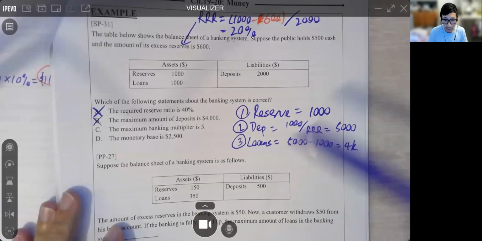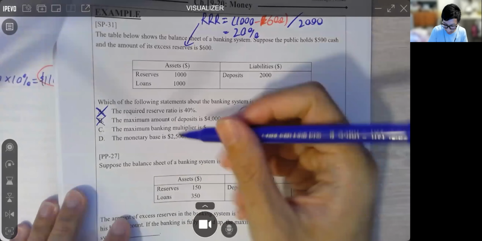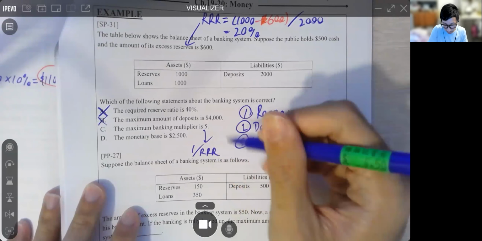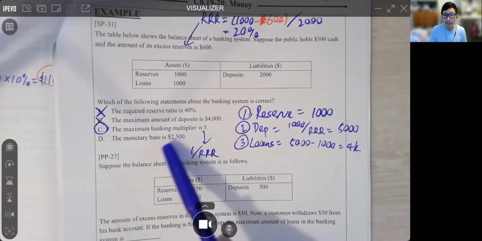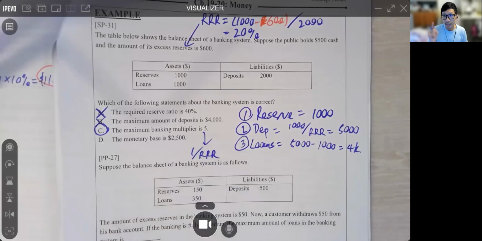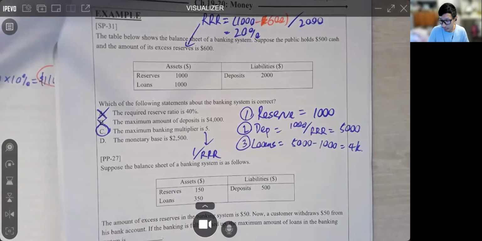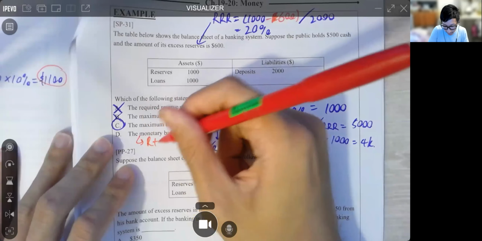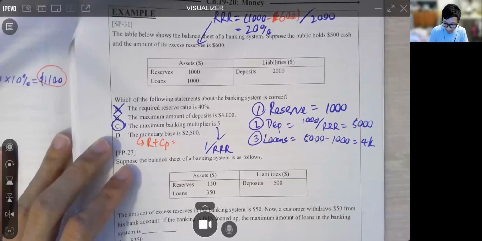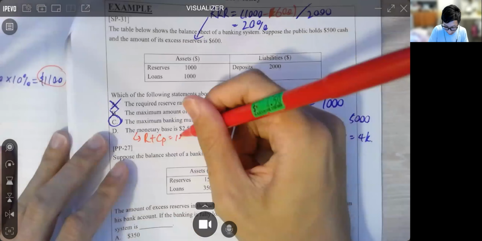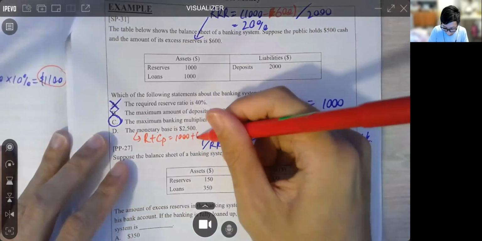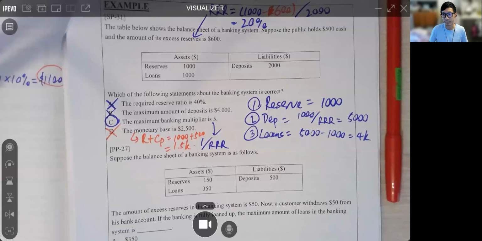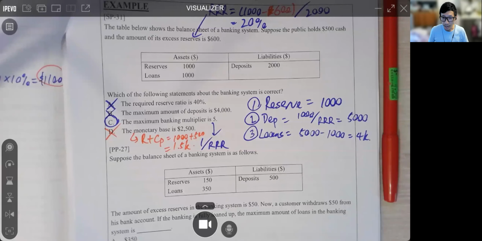Okay, maximum banking multiplier. How do we calculate that? 記唔記得？Maximum banking multiplier is just 1 divided by RRR, which is 5. Exactly the answer. Monetary base is at 2.5K. Now we haven't talked about monetary base, but for now, 我哋寫低咗先。Monetary base refers to reserve plus CP, cash held by public. So reserve 1,000, CP 500. It will be 1.5K. So not the answer that we want. 唔係我哋要嘅嘢啦。